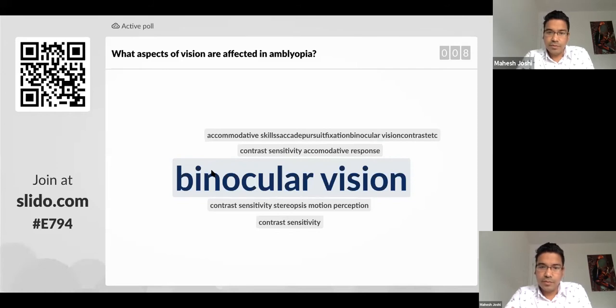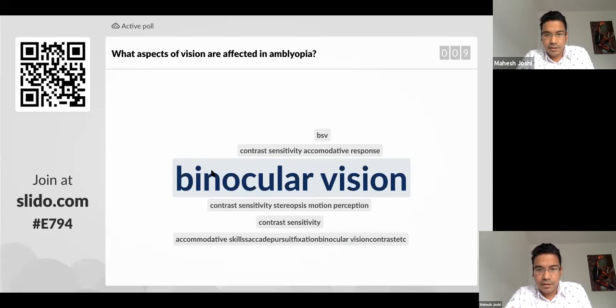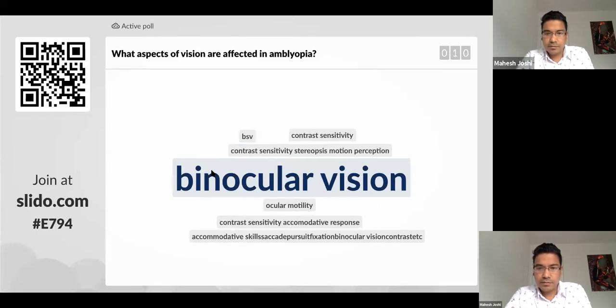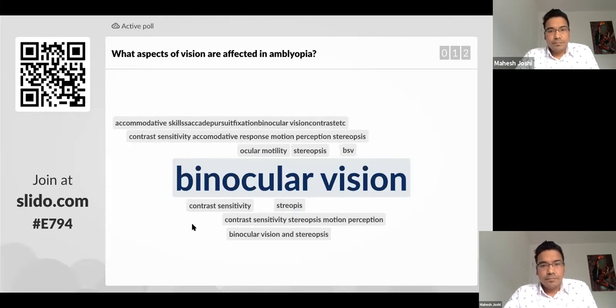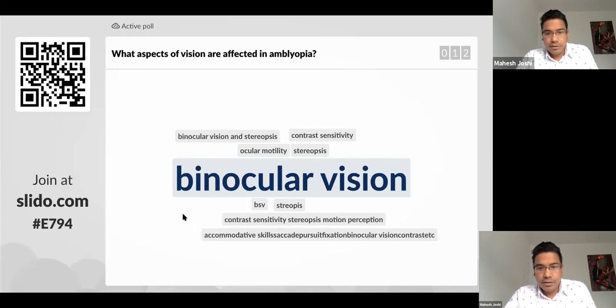We have ocular movements, saccades, smooth pursuits. Okay, so I think most of the responses have been concentrated on binocular vision and some contrast sensitivity, and some